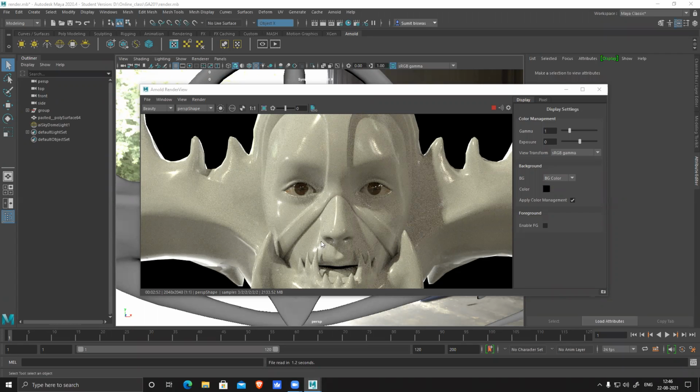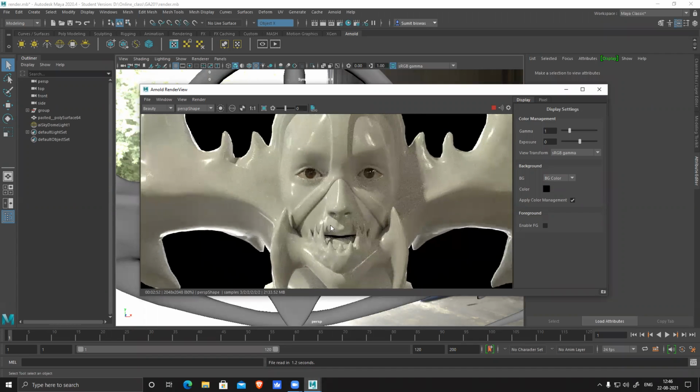So I just restarted the system and reopened the file, and it's rendering now. It's working. So maybe there was some technical glitch. Now it's working perfectly without any problem. I just reopened and opened the renderer. It's working now. No problem.